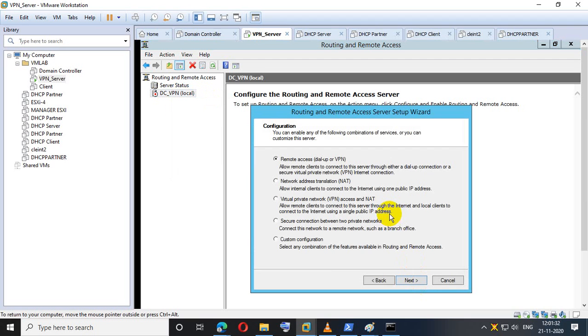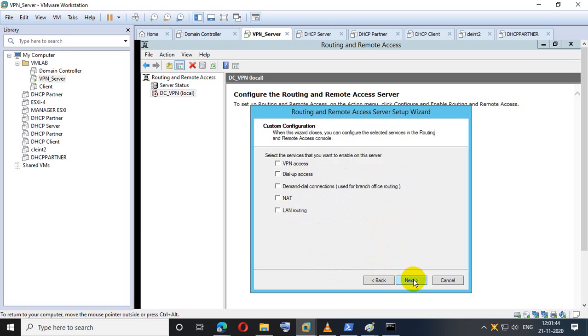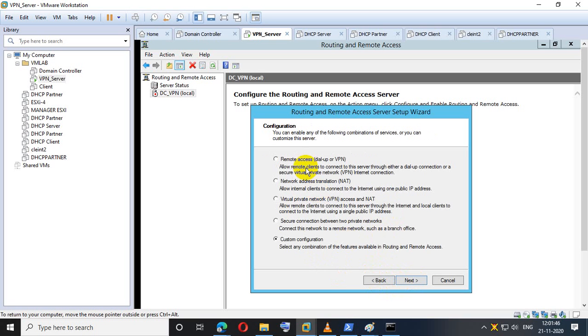So here, as you know, there are many things I can do. I can create a router, I can create NAT, many things. For this time I will create remote access dial-up VPN. Okay, so just 2 minutes, VPN access. So first one is the remote access dial-up or VPN.